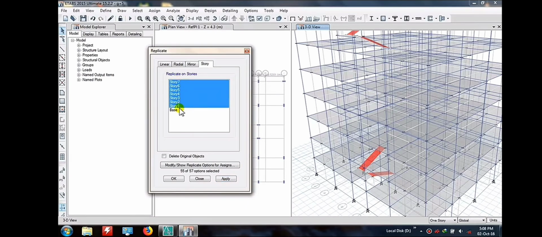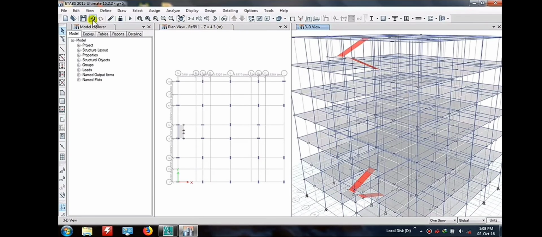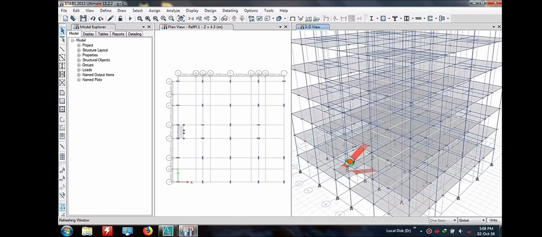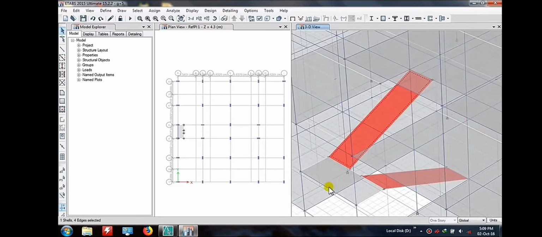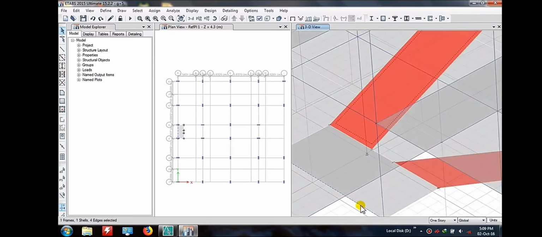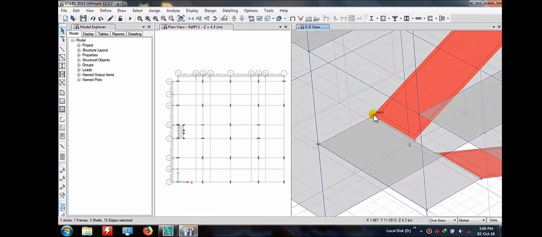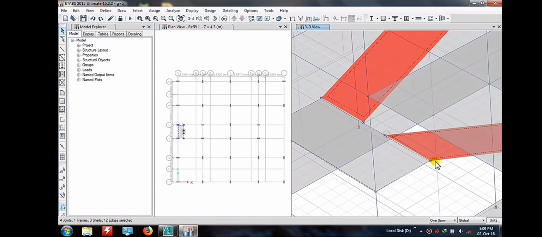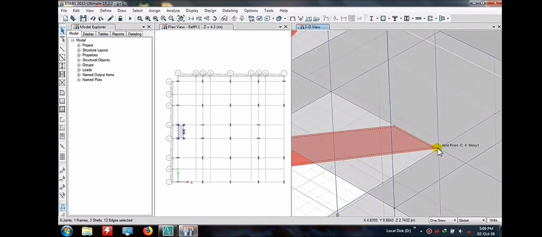rest of the story. On the time only we are able to define our slab, our staircase for rest of the building. So what I am doing here, one more time I am going to tell how can we design a staircase, how can we copy out our staircase. What you have to do, you have to select all the joints. After selecting the body of your staircase, so I am selecting here my joints.